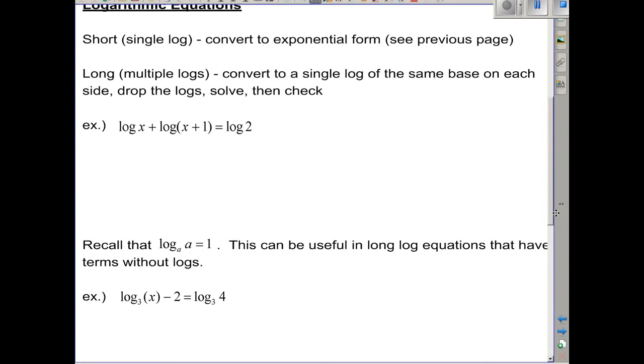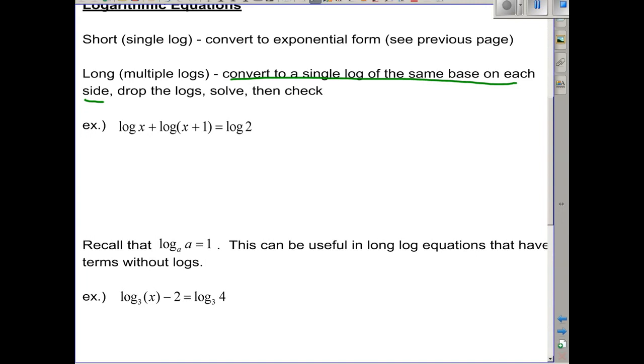Convert to a single log of the same base on each side. At that point, just like we dropped the bases in the last question, you can drop the logs here. You can solve, and then you need to check, because you may end up with what's called extraneous solutions. Solutions that look like they work for the version of the equation that you're working with, but don't actually work in the original equation. So for this one down here, we've got two logs on the left and one log